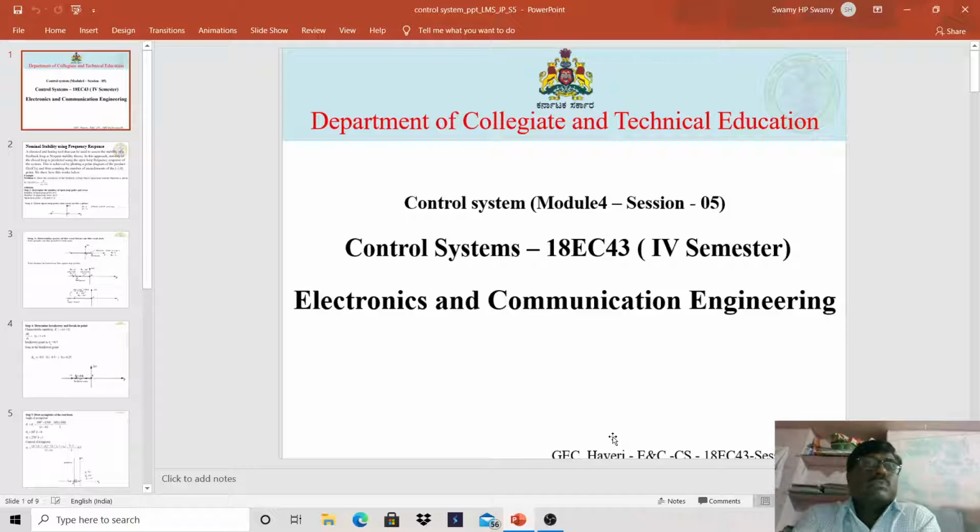Today I will start with session number 5. This is having the topics in module number 4, that is stability of the control system. Now in this session I would like to start with